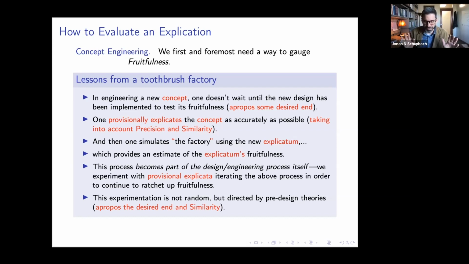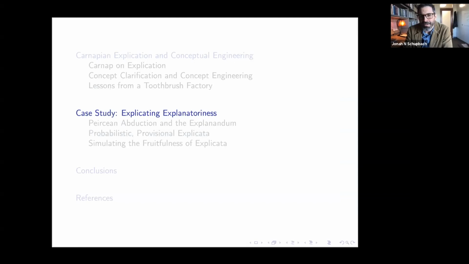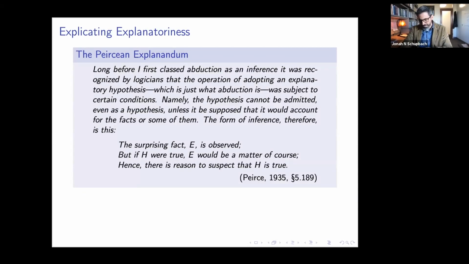I think all of this becomes much clearer if you look at a specific example. So what I want to do now is look at my case study, Explicating Explanatoriness, some of the work I've done using explication, and this work specifically on, as you've seen, the notion of explanatoriness and using explanatory inductive logical considerations to try to give us a criterion for choice of theory. When we're in theory choice tasks where we're trying to figure out which theories we might prefer. Okay. I'm going to go rather quickly through the setup here now.